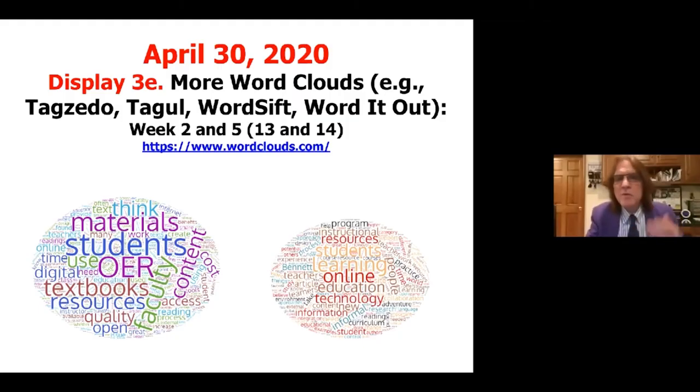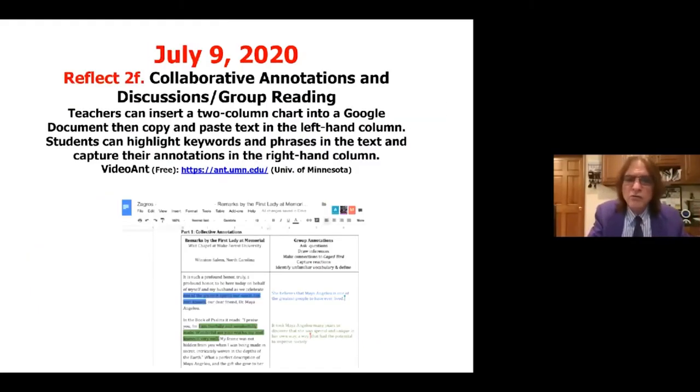And then there are collaborative annotation tools for groups to discuss articles, where you have the article on the left-hand side and the discussion showing up on the right-hand side. The University of Minnesota lets students discuss videos that way, with a track that lets the comments show on the right-hand side.